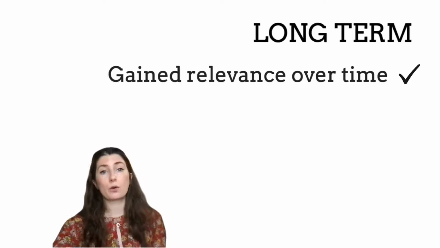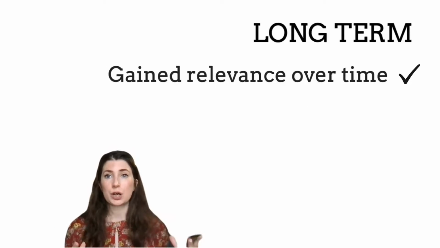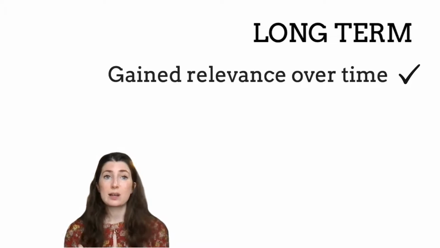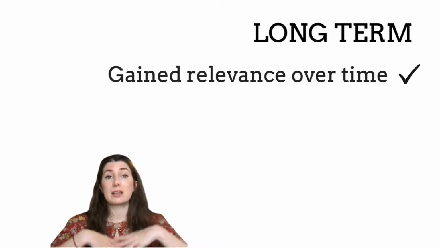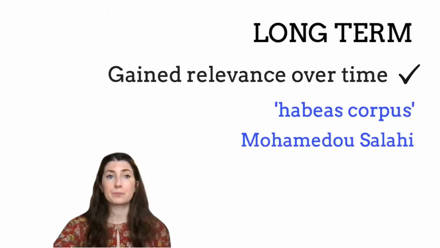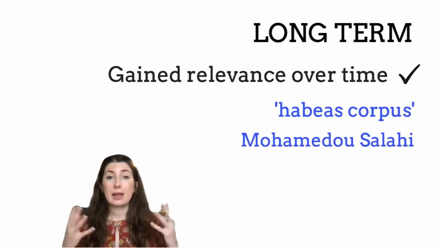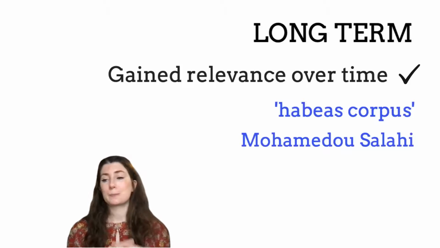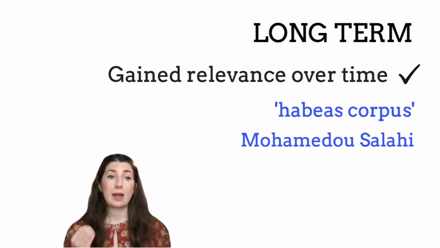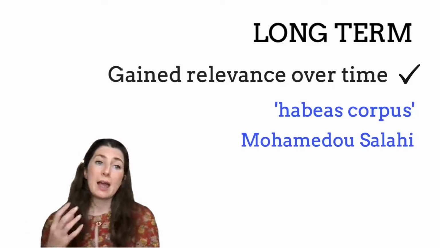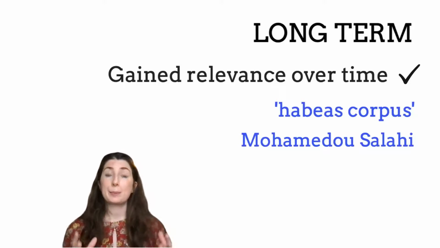Now, my second paragraph, obviously, as we know, needs to be on the long term. So this is where Magna Carta really comes into its own in terms of significance, because it is undoubtedly very significant still today. And actually, Magna Carta is a document we might say gains relevance over time. For example, the term in Magna Carta, habeas corpus, is still used in numerous ways, in numerous examples today.